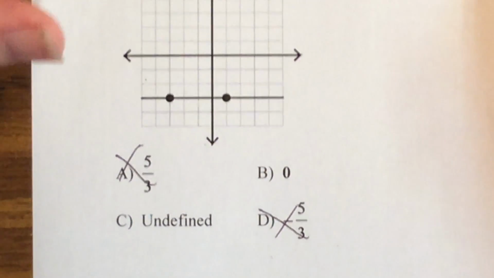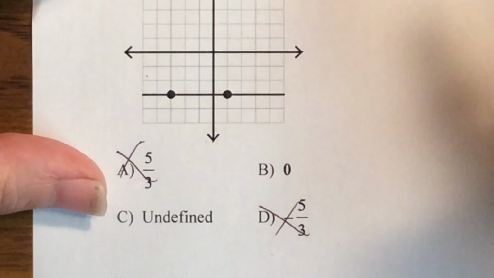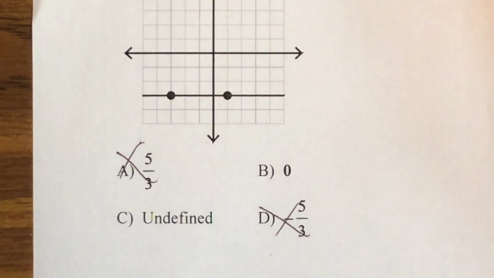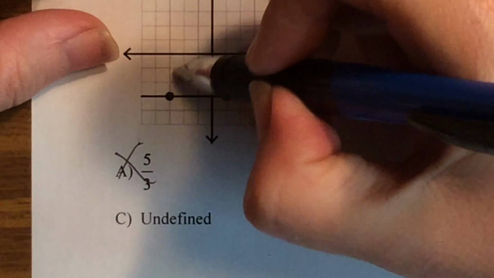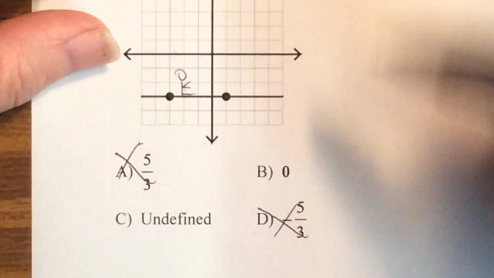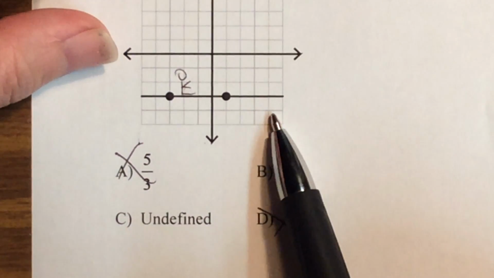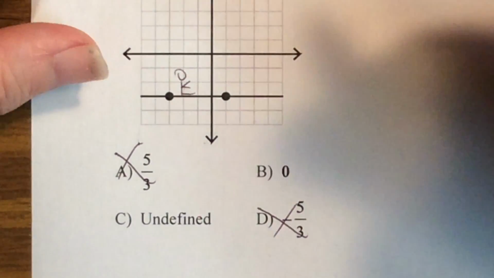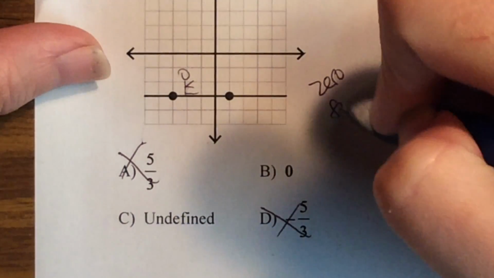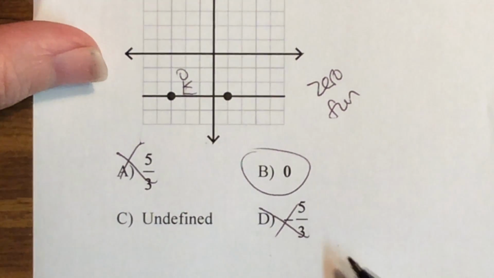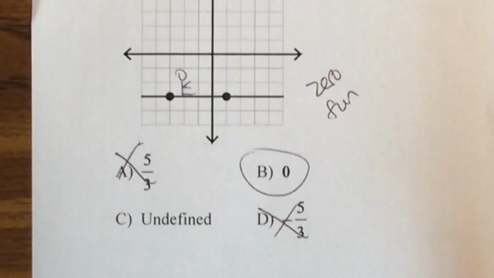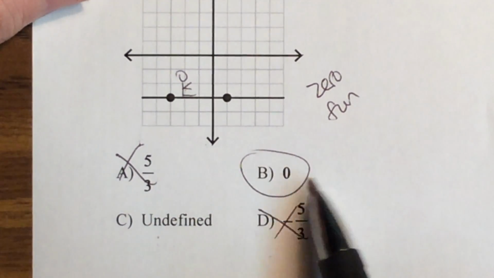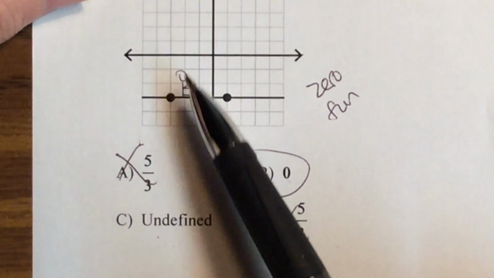So if you remember from the video, the way that I teach my students to memorize which is which is pretend you're sled riding on a flat surface like this. That would be no fun, right? That would be 0 fun. So this slope is 0. And the vertical line would go with the undefined. Horizontal is 0 and vertical